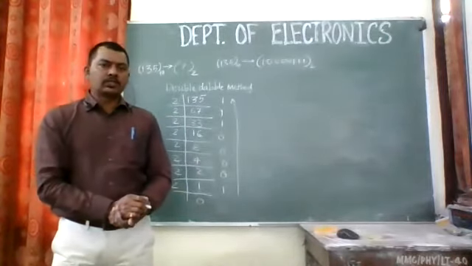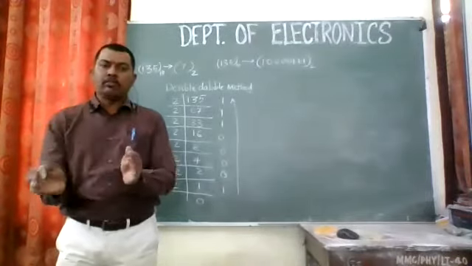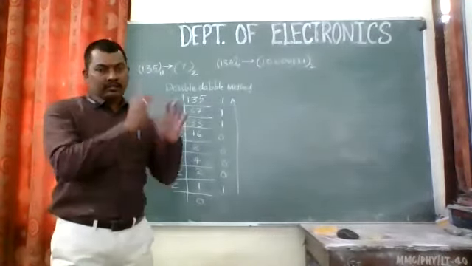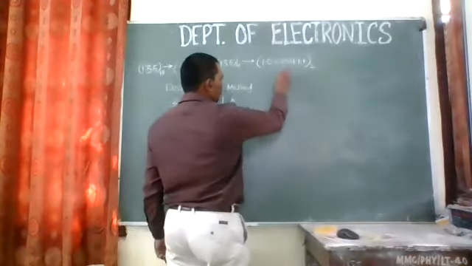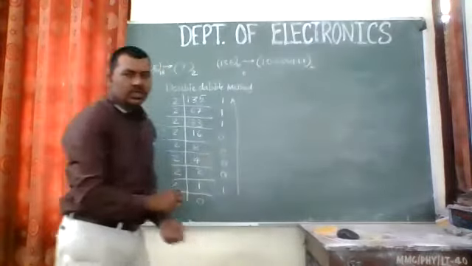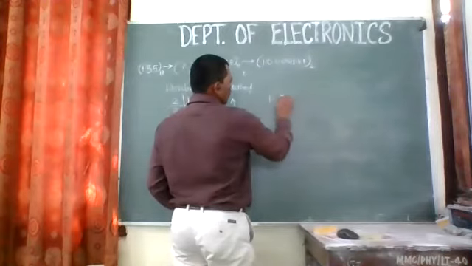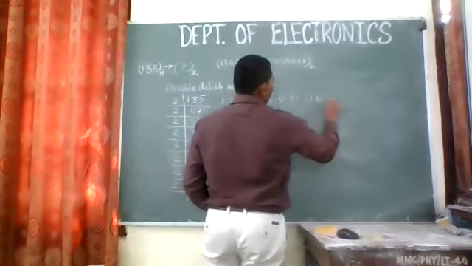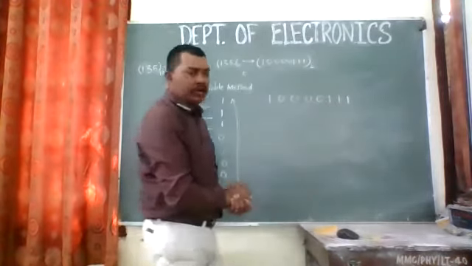Now let us check whether this number is correct by using the method of conversion from binary to a decimal number. We'll put the powers and then add those things. We'll convert this back to 135 to check. So the digits are 1 0 0 0 0 1 1 1. Now put the values of it.